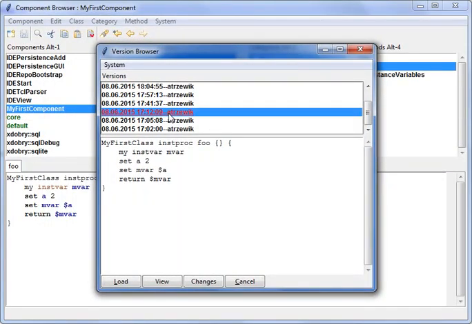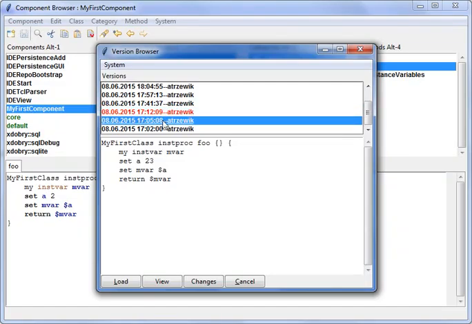Now this red method is the current version, and this was the previous version, and I can load the previous version again.